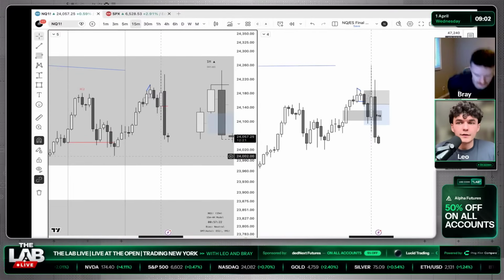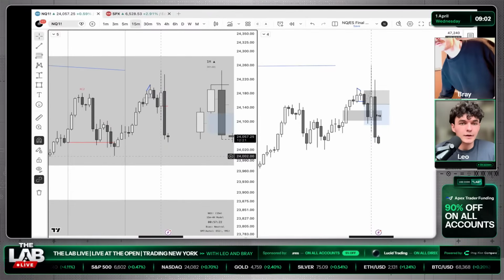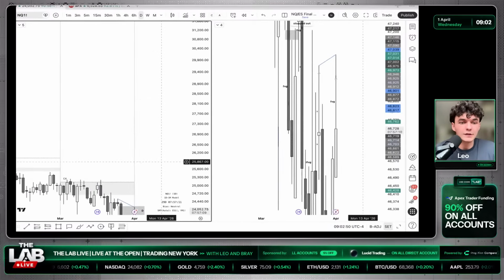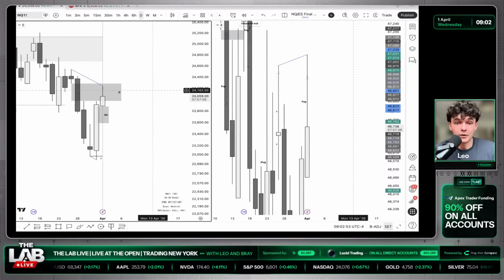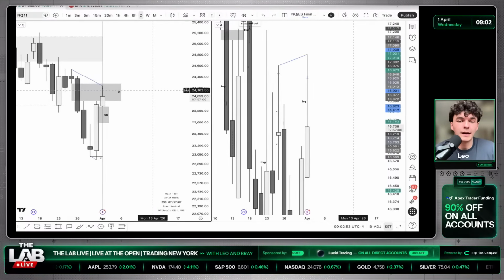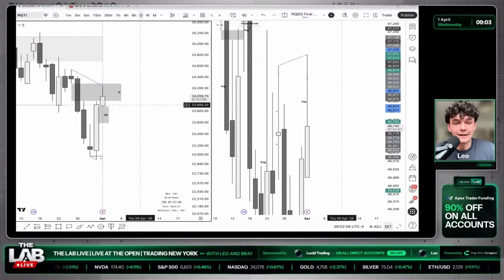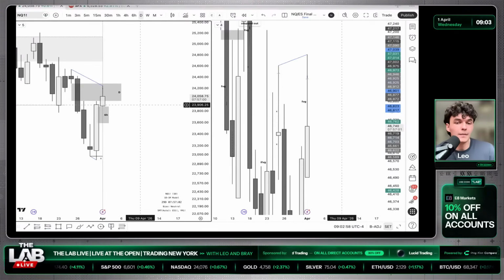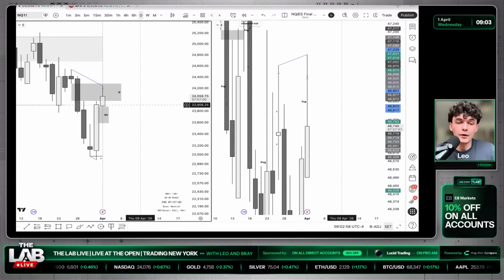So yeah, chat, honestly, one of the things that I'm quite amped on seeing for today, as I mentioned, is that daily fair value. At the start of the segment, I mentioned to you guys how we could see potentially NASDAQ rejecting off of this daily fair value. We're seeing that occur exactly how I was anticipating. So with this and a 6 hour SMT and a daily SMT, this gives me a lot of reason to believe markets are ready to head lower in terms of a retracement leg. So definitely looking like we'll see that occur.